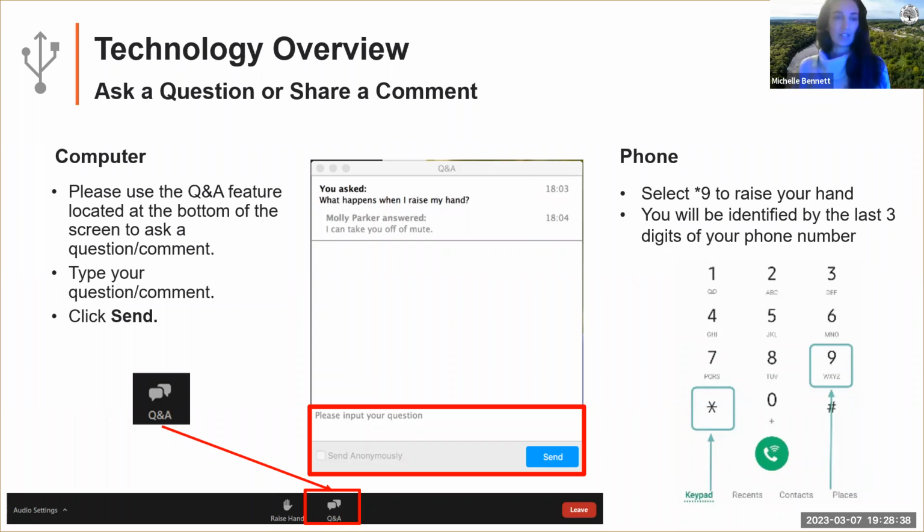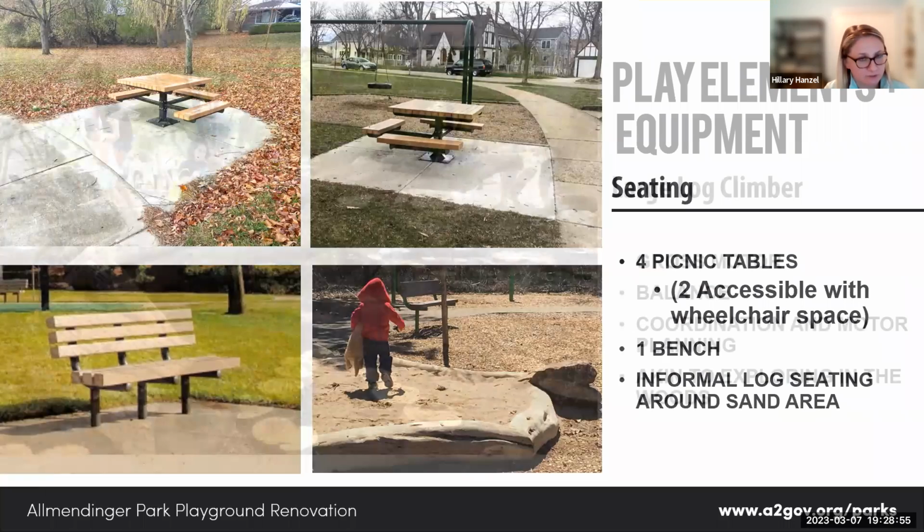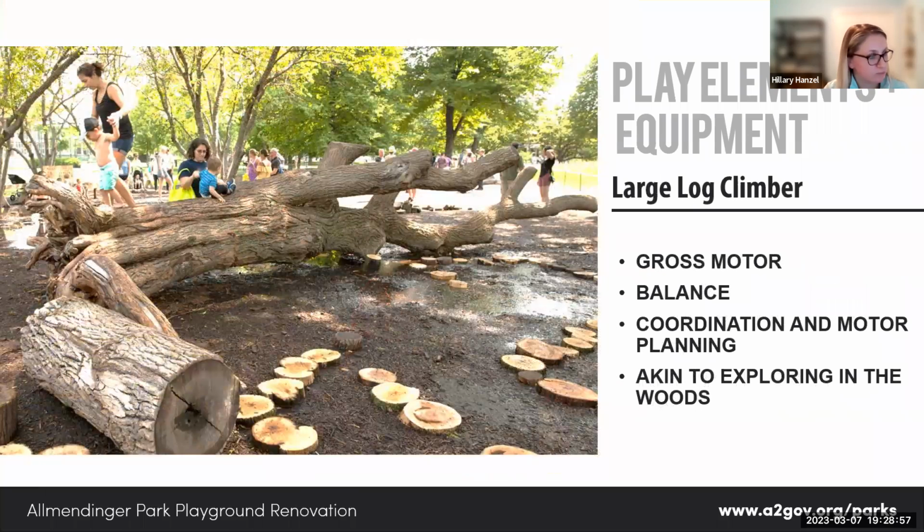Okay, the next question is about the equipment. Is there anything that can be done to improve the safety of the climbing wall? The ladder and steps are very small and tricky when people are going down. I have a picture of it up here. Let me see if I can scroll back to that.